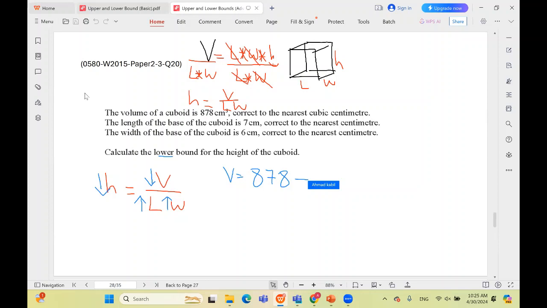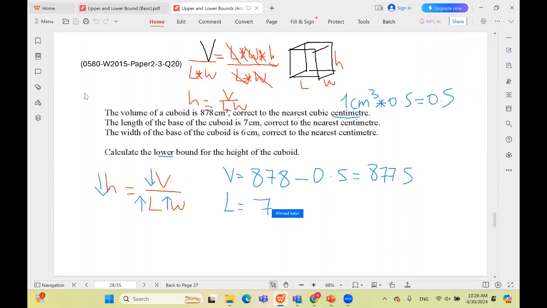And we need to figure out the level of accuracy here. So this is 1 centimeters cubed. We multiply this by half, we get half. So we're just subtracting half here, and we get 877.5. For the L is 7 centimeters,